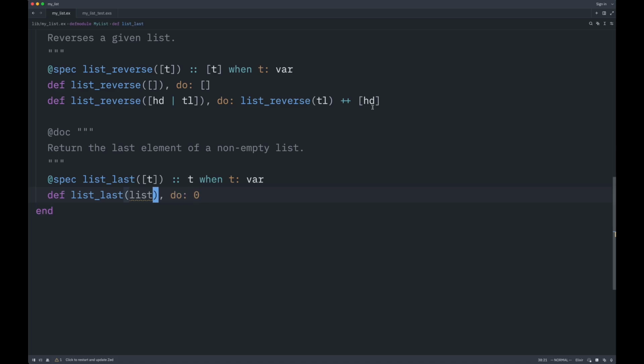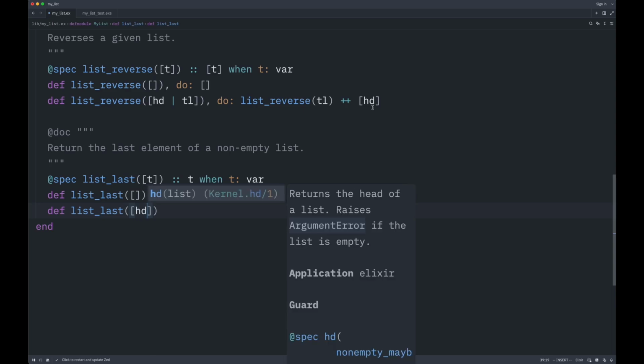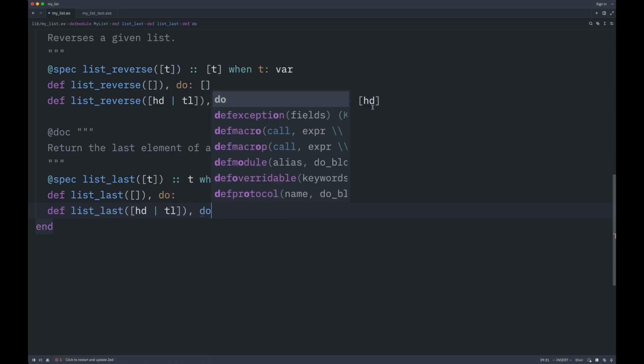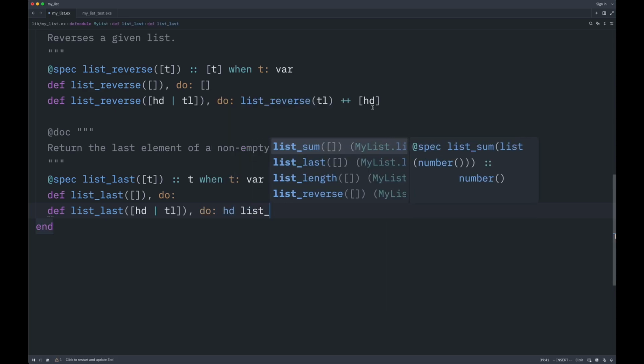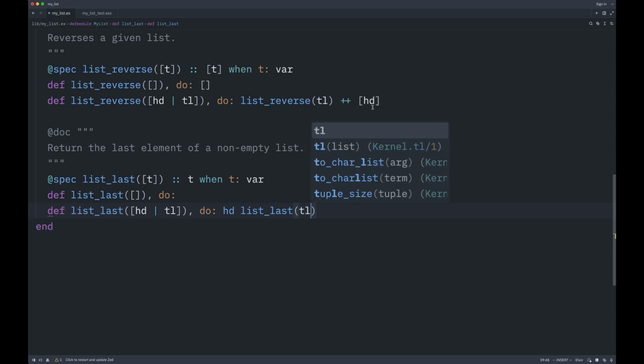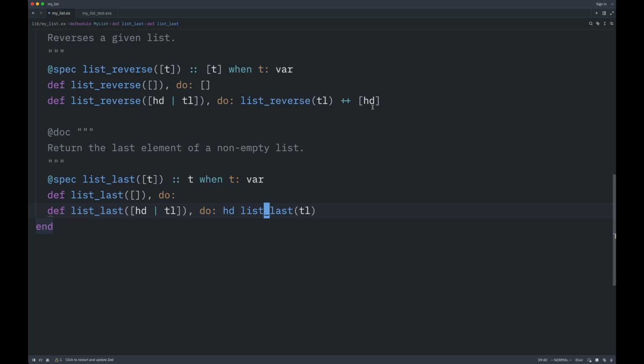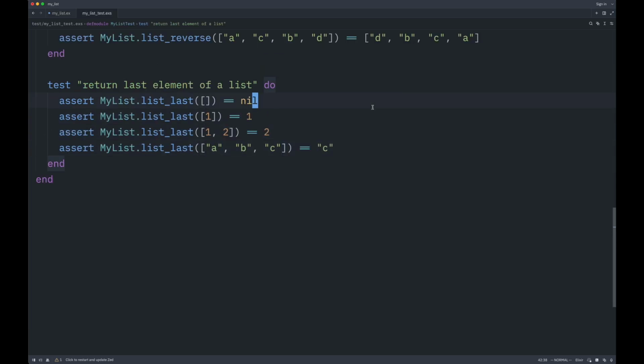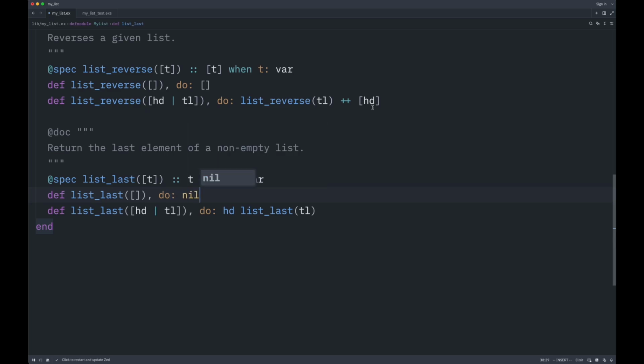Since it is a list, we have to have a base case, which is an empty list. And let's remove this 0, so we remember to come back and implement it. And a non-empty list is going to contain head and tail, and we're going to do something with head and list last of tail. So this second piece is our natural recursion, and the first piece is the head of the list. So let's go back to the first case, which is a base case, and what should be the result of an empty list. That's given straight up by our first test case, that we are going to produce nil. So I'm going to simply write nil here,